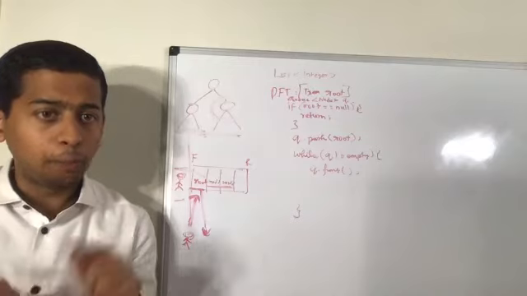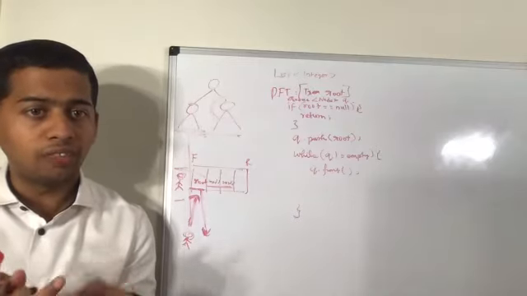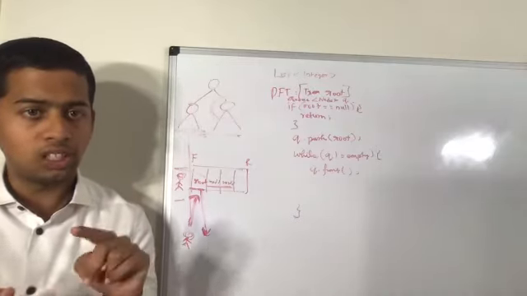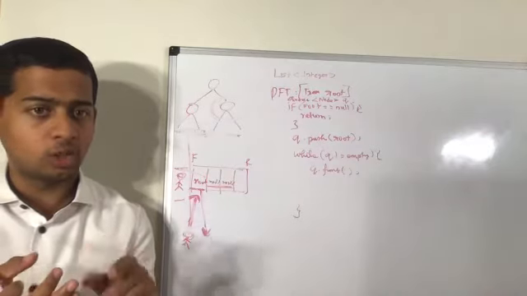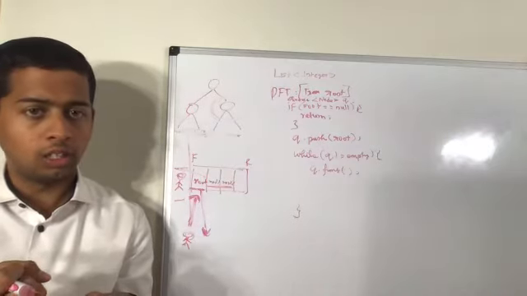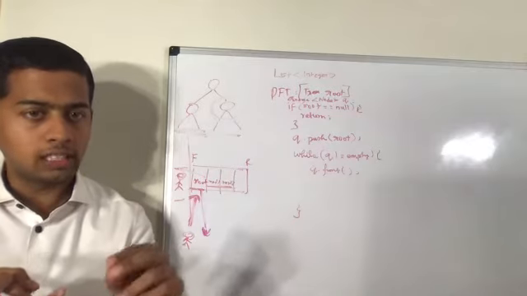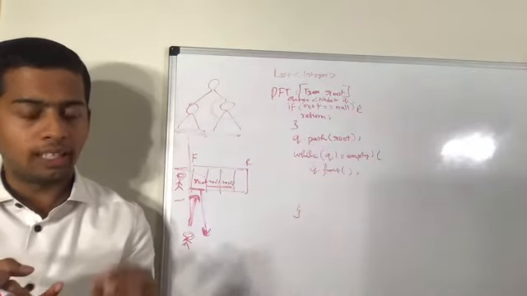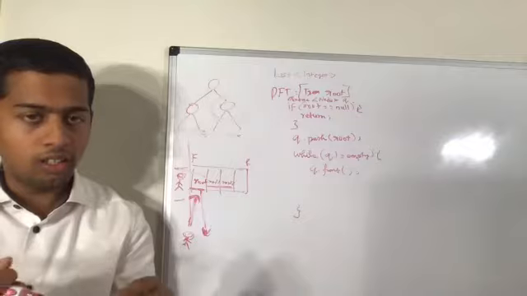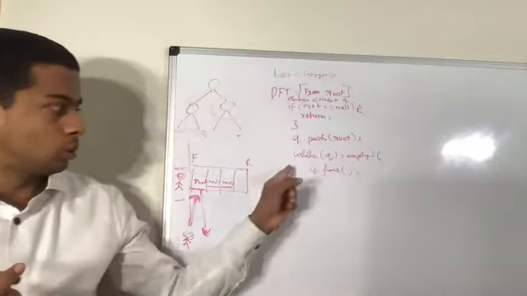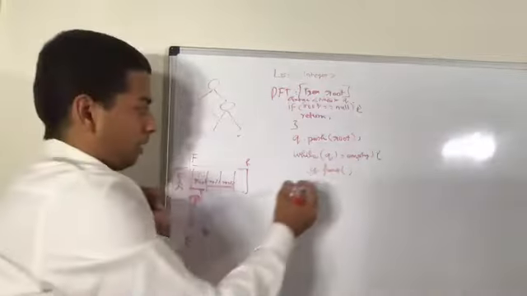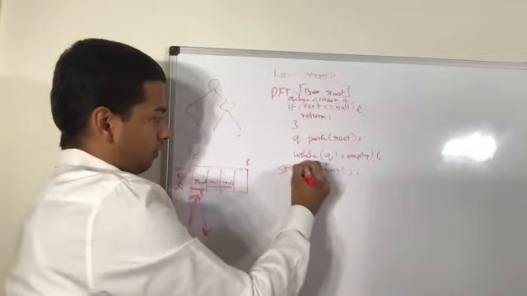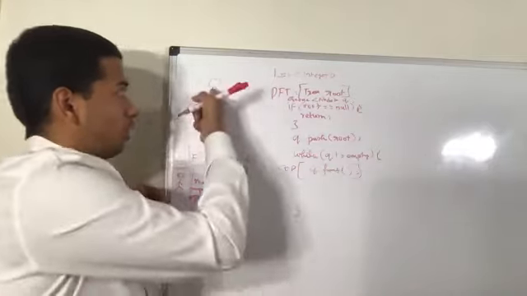I told you, in a stack there is an option called peek, and in a queue there is an option called front and rear, two pointers. Like a stack has top, you can do a peek to access the top without removing it. Like that, you can do a front without removing the first person. So that's the front operation. Now the first person is printed. The first person is the root node.